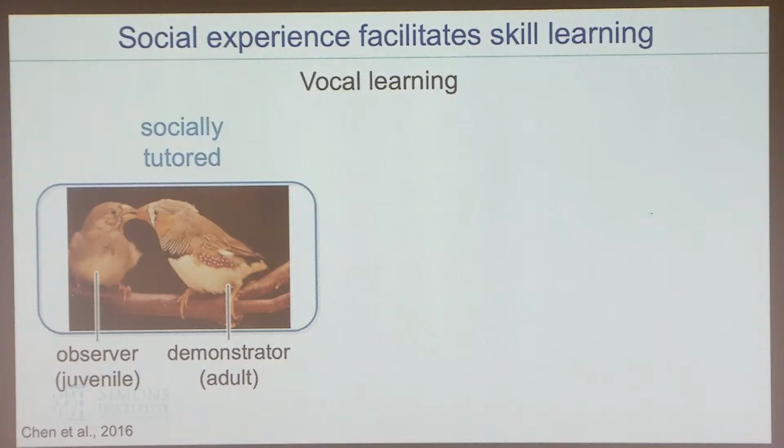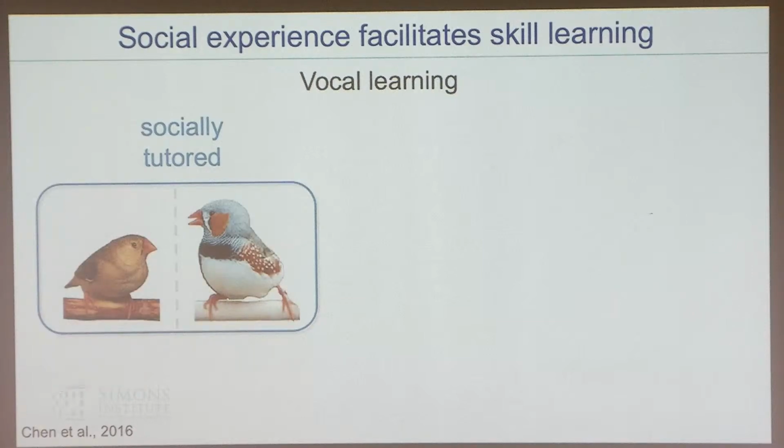One of the coolest examples is songbird learning. This is the adult father tutoring its juvenile son. And it presents one of the most compelling examples showing the impact of social tutoring. So in this experiment, which was done in John Sakata's laboratory, an adult father tutored a juvenile, and